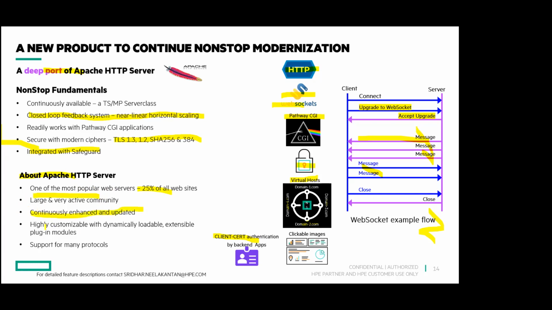Very active community. And the Apache Web Server is highly customizable and dynamically loadable. What they have done is they have split the functionalities into pluggable modules. For example, this client certificate authentication, that's a pluggable module. People who don't want it do not have to plug it in when they run the Apache HTTP Web Server. So in the user guide of our server, we have listed all those modules that we are supporting and tested in the present release, and those that are coming in the future, which are not supported as of now. So that list is big. You can take a look at it in the user guide. So that's the HTTP Web Server.